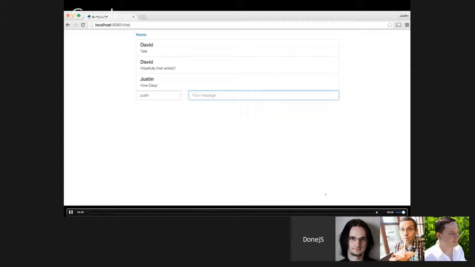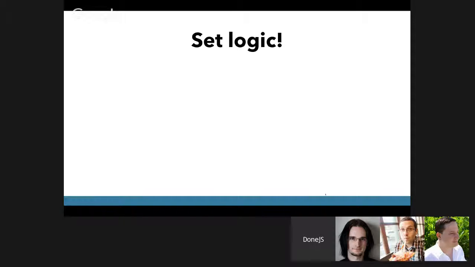Now you'll notice there was no code for me to add the message that was created on the server to the list of messages, right? I never had to wait till that message was created and go to messages.list or something and push in that new message. How does this work? It works with set logic, which I'm not going to go into, but just to say